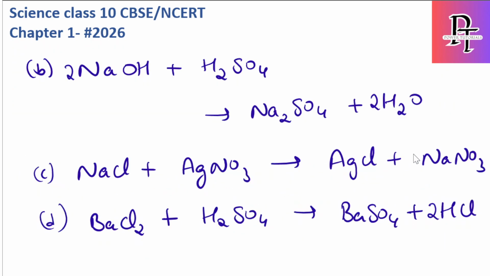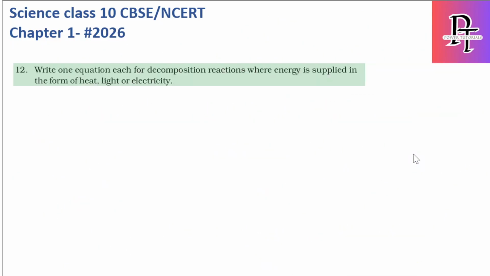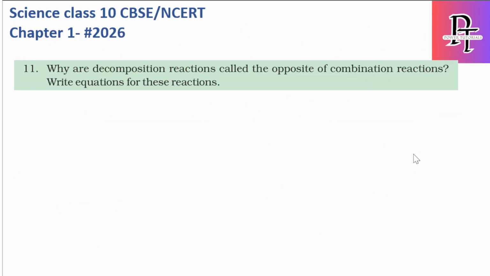So today we're going to cover the last topic from this chapter, which is exercise questions, and that too for 11 to 20. We'll cover them one by one. First one: why is a decomposition reaction called the opposite of a combination reaction? The answer is easy, because as per the definitions,